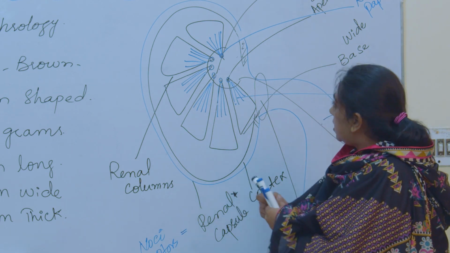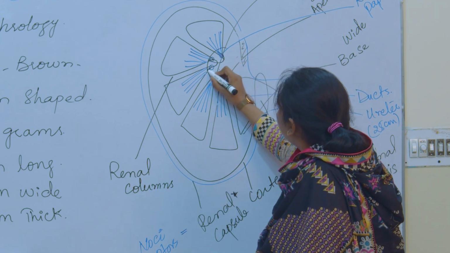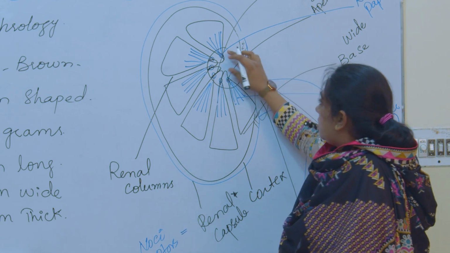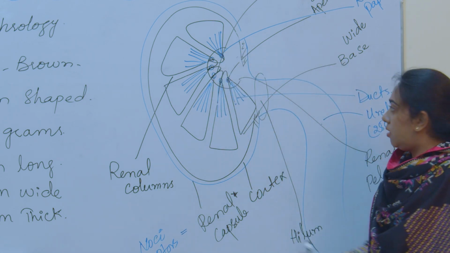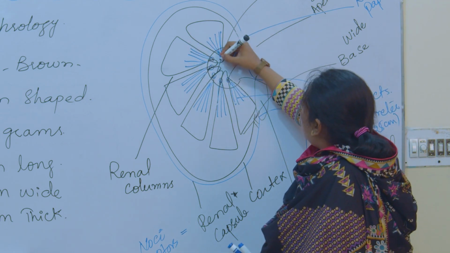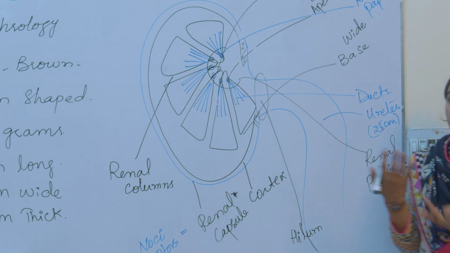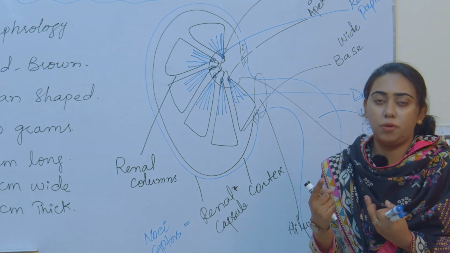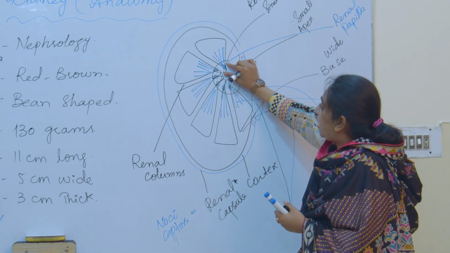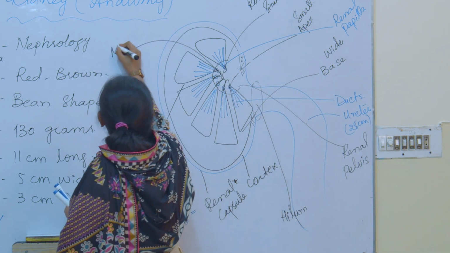Okay, so these are connected to one another in this manner. When urine comes from the renal papillae into this, these structures are known as calyces. When we talk about all of them, you will call them calyces; one will be called a calyx. Here they are making minor projections, so they are known as minor calyx.